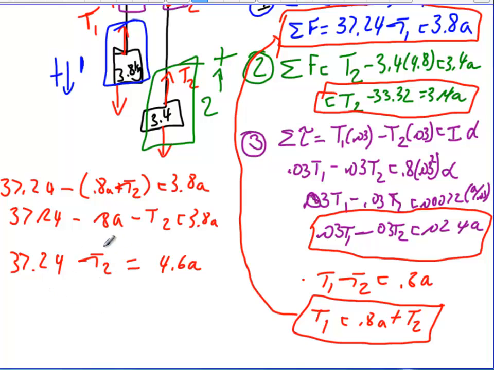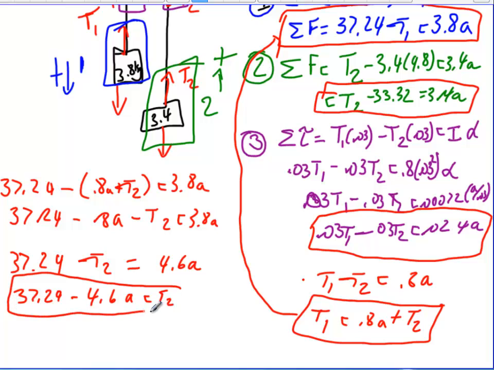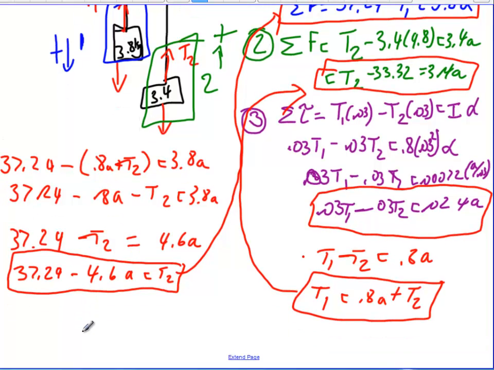Now I've got 2 options. I can solve this for A or I can solve it for T2, but either way it's going to end up being subbed into equation number 2. So T2 looks like the easier way to go, so we'll say 37.24 minus 4.6A equals T2. Okay, so now I've been able to eliminate one of my unknowns. I was able to eliminate T1. Now I'm going to put this back up in here and see if we can eliminate T2, and if we can, we're done. Okay? So I have this big long equation, 37.24 minus 4.6A, that's T2, minus 33.32